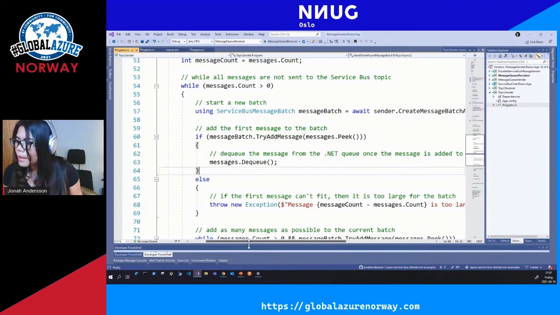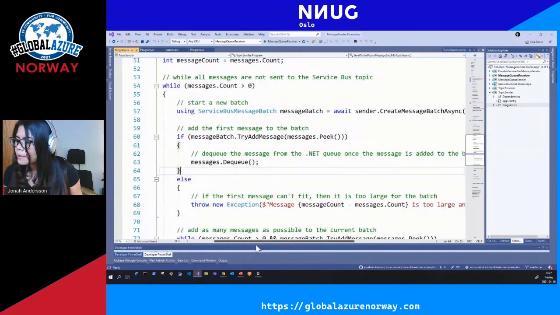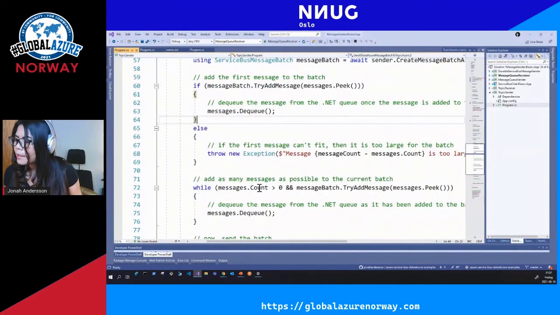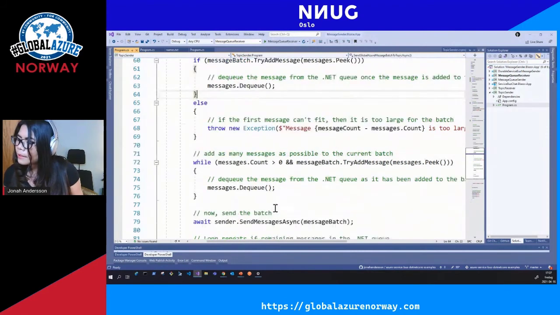And in case something happens, then you can log the error. Also, there's a while loop that keeps checking if there are messages that are still coming in the topic queue.